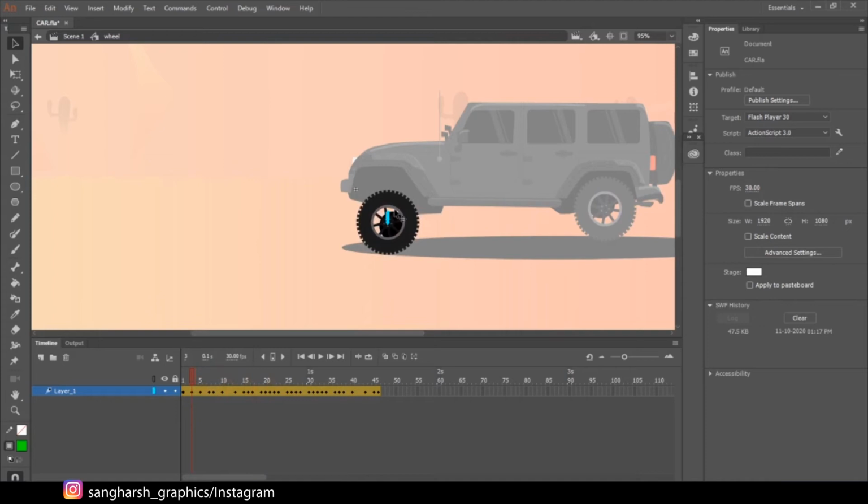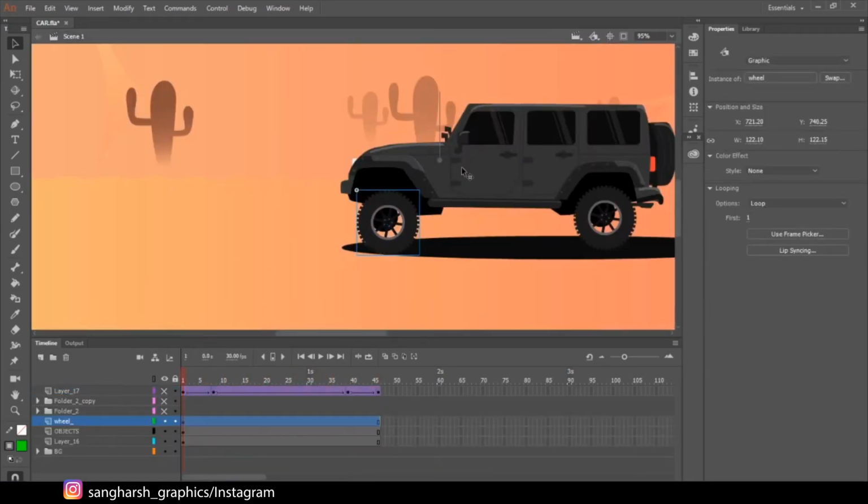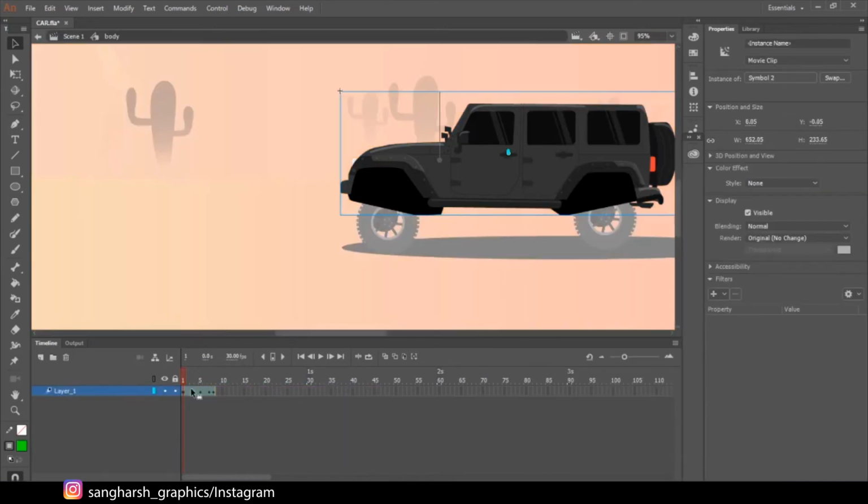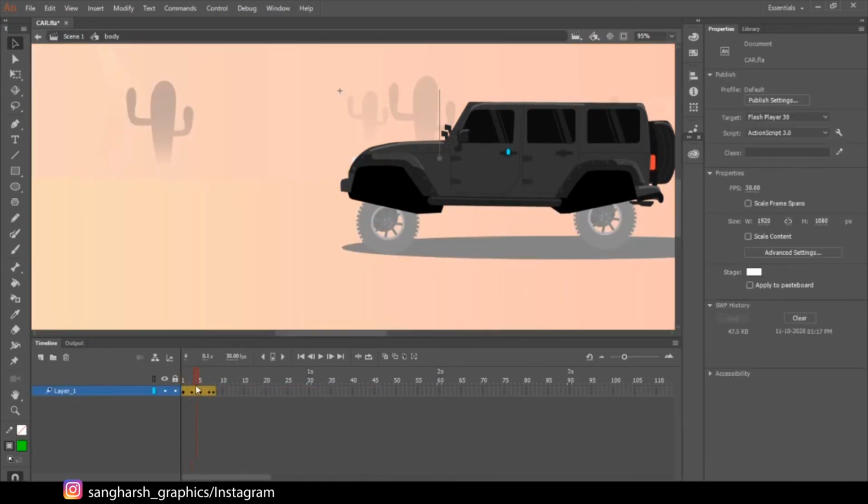Just take some pixels up on the y-axis. Same for all of these keyframes, just taking it up and down manually. No need to be perfect, just up and down. Same for the car also: converted it into a graphic symbol, applied motion tween to it, and